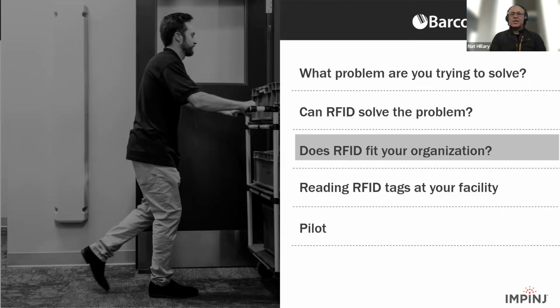And it can be as mundane as, where technology is concerned, do I even have the networking to support this infrastructure, this ecosystem? And a lot of people come to me with a budget for RFID, but then they start looking at the networking or the electrical systems or the structural systems that are necessary to implement an RFID solution. And the budget they need for those is sometimes as much as 10 times more than the budget for the RFID system. So in terms of making sure the RFID fits into your organization, it's answering those questions: